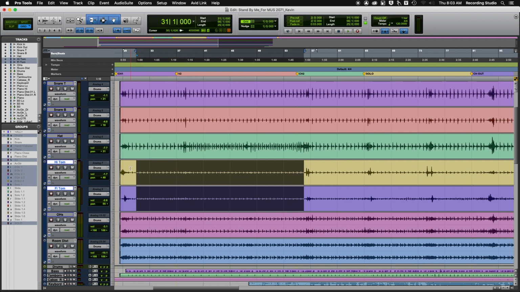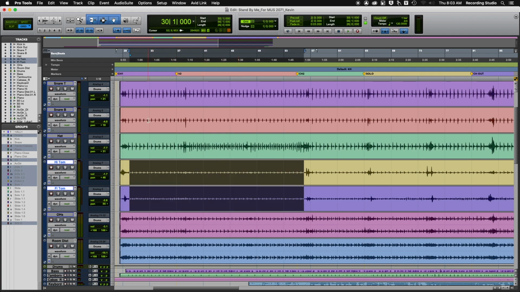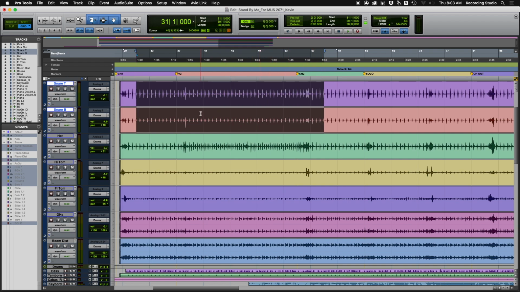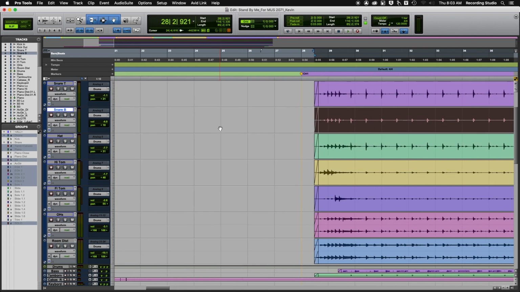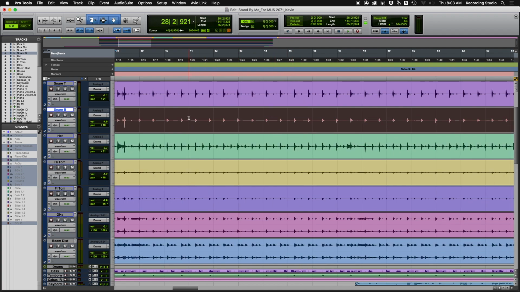I could just highlight and then cut it, right? That's definitely one way to do it. But what if I wanted to cut out everything in between all of these snare hits? There's a whole lot of those, and I don't want to do that manually, right? That's going to take forever. Now, I wouldn't necessarily do this, I don't do this a lot anyway,